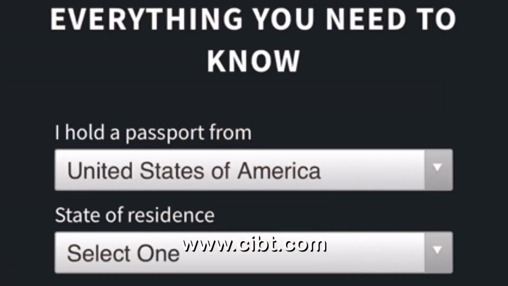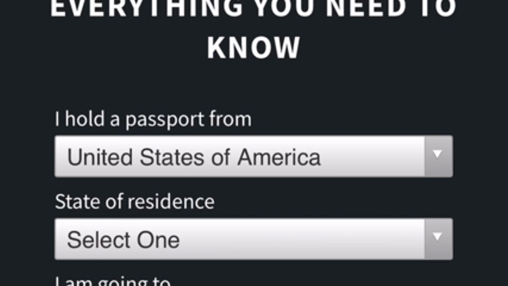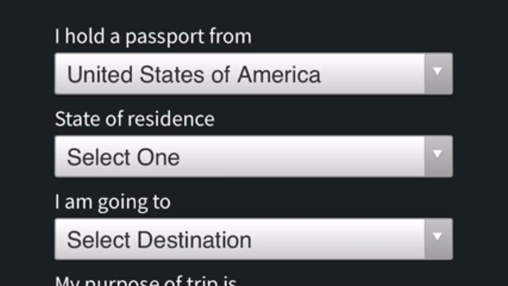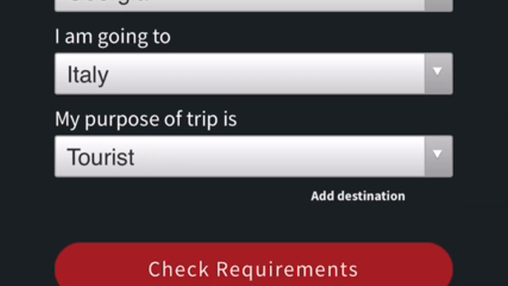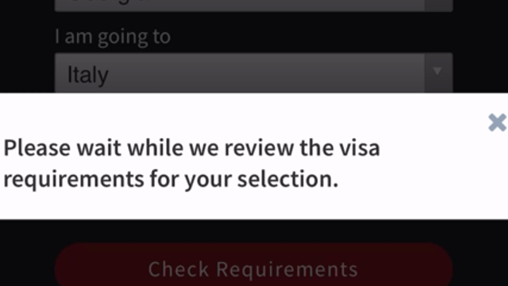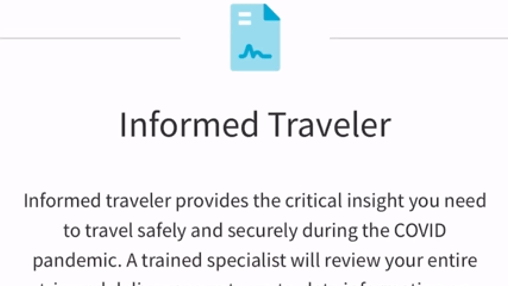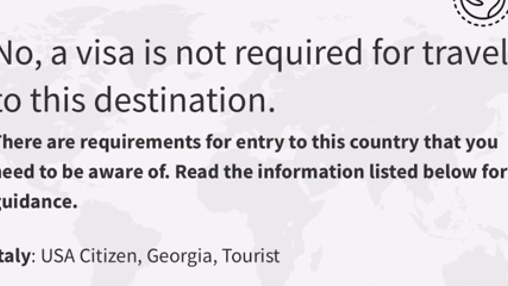A website that I use that is very helpful in determining this, and you can actually use them if you want assistance in visa services, is cibt.com. So you can go in there and put where do you live, where you're going, and for what reason, and they will tell you if you need a visa or not. Like I said, they do have visa processing services, but obviously there's going to be additional fees on top of what the actual visa costs because they're doing it for you. If you do need a visa, you need to visit the embassy located within your country in order to determine what you need to do and how much it will cost and how long the processing times are.